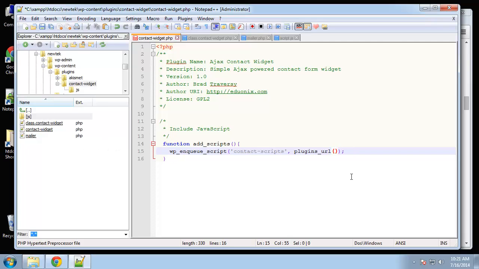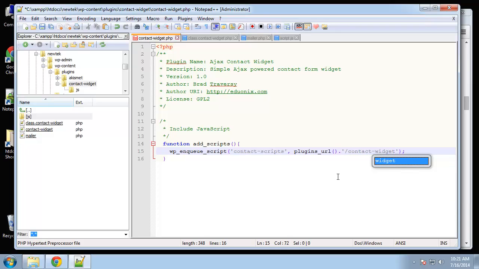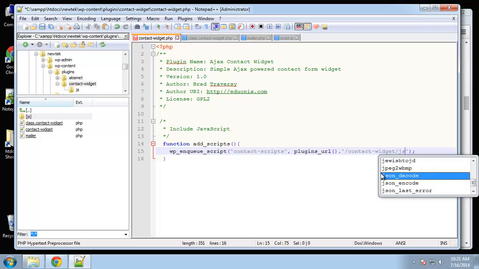Then we want to concatenate, and I'm going to say /contact widget. Okay, so to the plugins directory, and then /contact widget. That would put us right in this directory, but we want to go to the JavaScript directory. So we're going to say JS